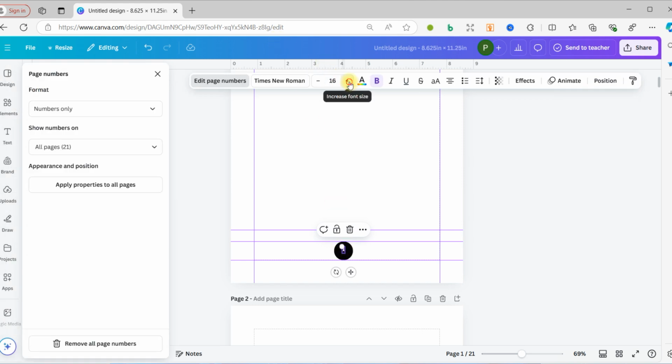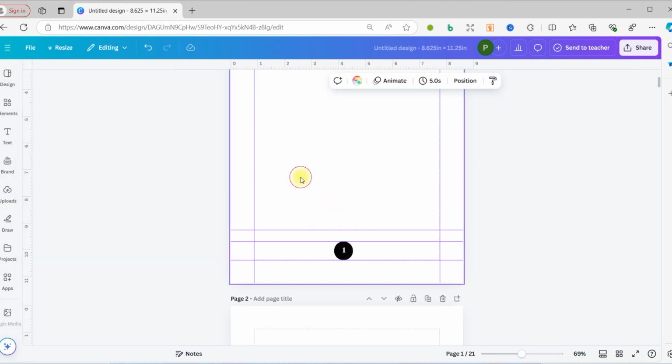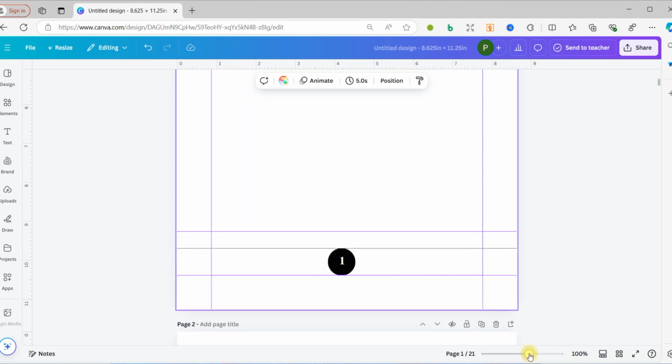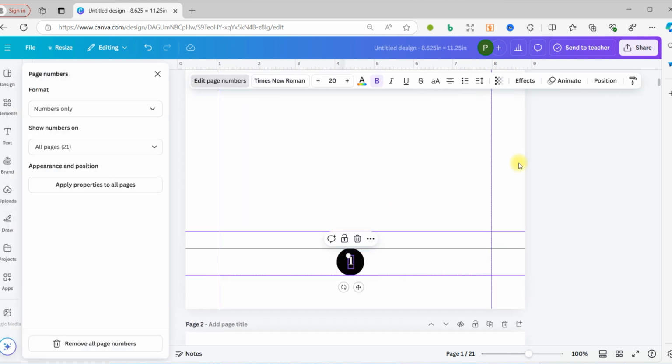So let me just increase the size to 20. Okay, so now you see here that it's not well balanced. You have to be considerate of the alignment. Okay, so now the first thing you are going to do